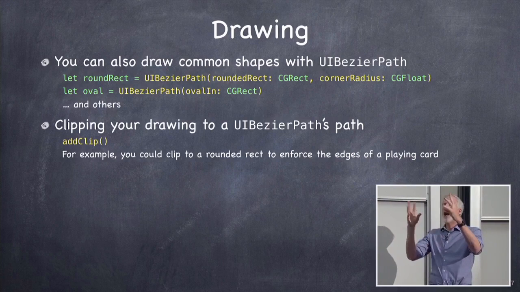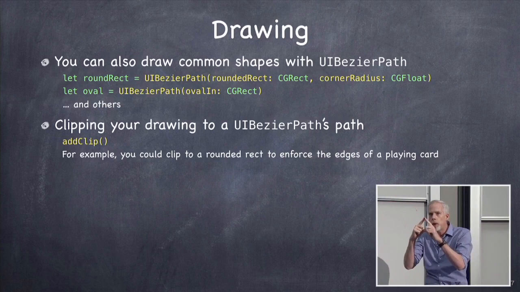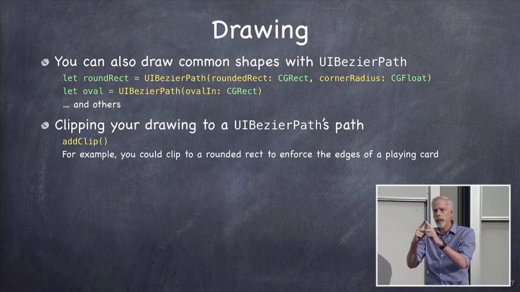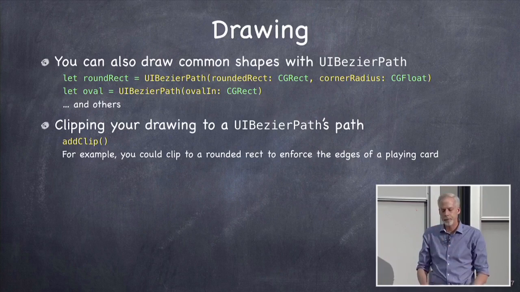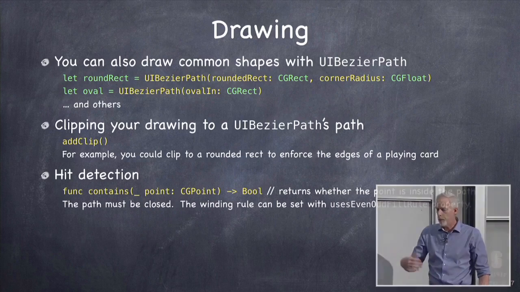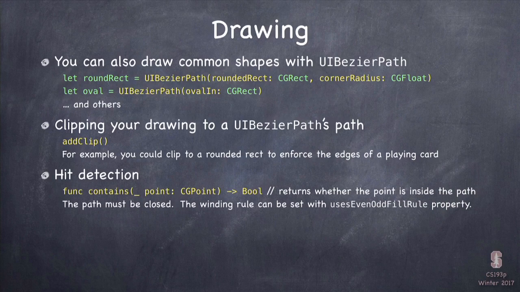So you could draw this elaborate picture, but only show the part that shows through that triangle. If you take that triangle path that we just created and say add clip to it, then after that, all drawing is only going to show up inside that triangle, which is kind of cool. You can make some pretty cool effects by doing that. The Bezier path also has this method, contains, that will tell you whether a point is